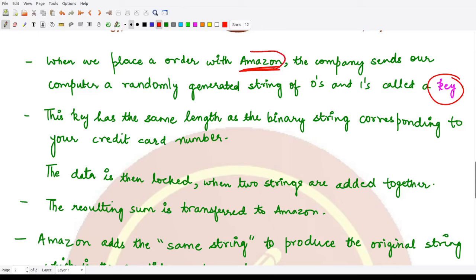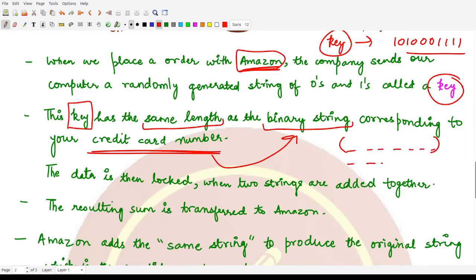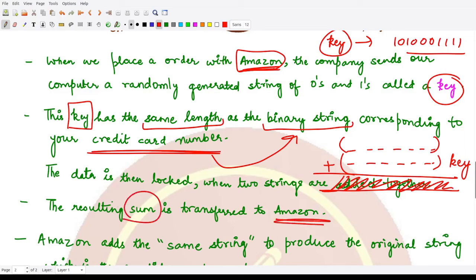So Amazon first of all sends us a key. This key is nothing but some combination of zeros and ones. This key has the same length as the binary string which corresponds to a credit card number. Whatever credit card number we have is first converted into a binary string, and a key of the same length is sent to us by Amazon. Next, they add together these two strings to get a new binary string. Whatever the sum is,